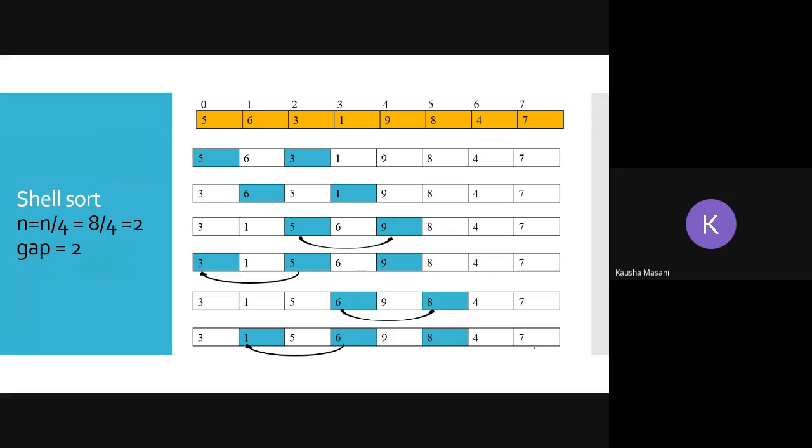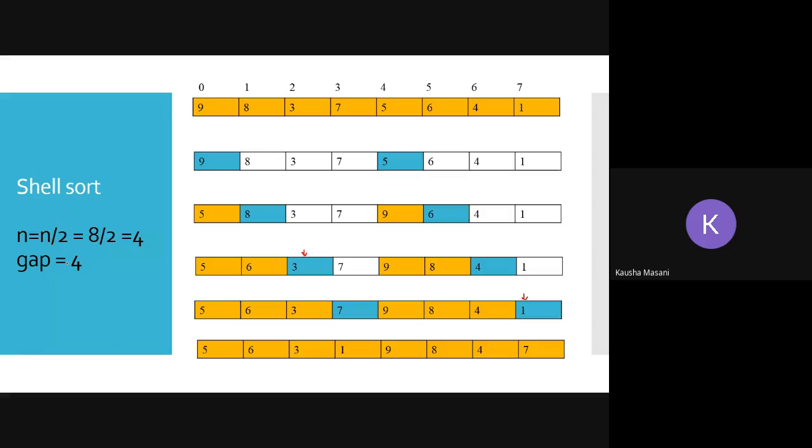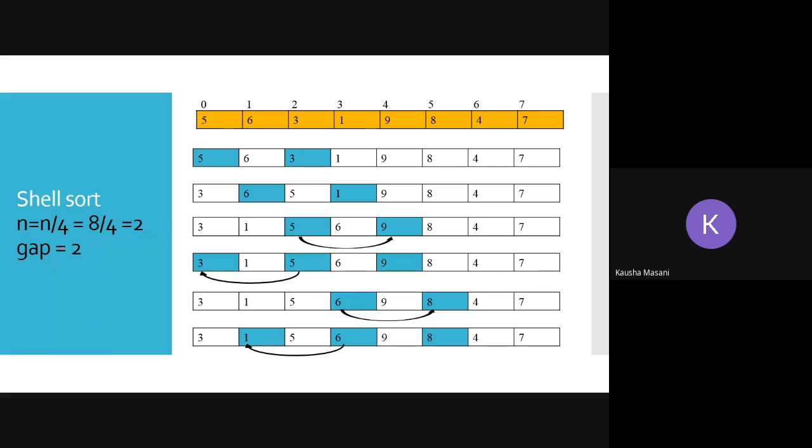Now, we are going with the second pass. Okay, this is your second pass. Now, if we go to the second pass, we have to reduce the gap. So gap we are keeping as 2. Initially, see, the gap was 4, right? Now the gap we are reducing by 2 units. So from my ith value, the next second element is 3. So now you compare 5 and 3. Do I need a swap? Yes. So 3 goes and takes the position of 5.